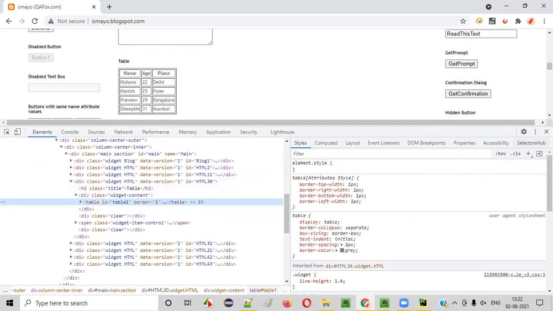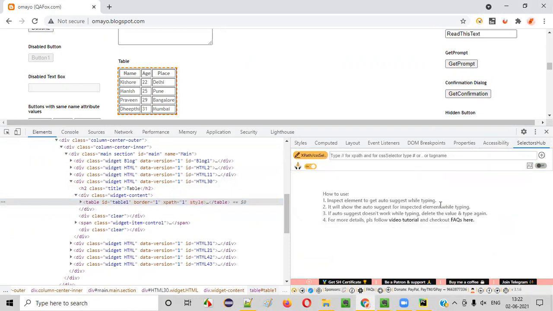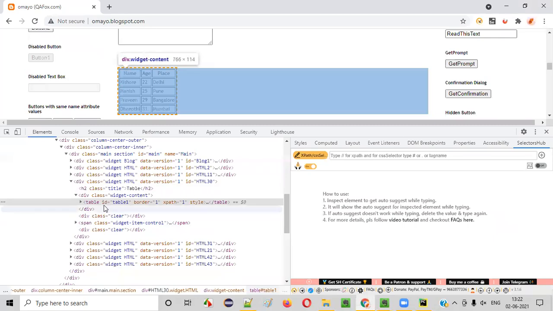I'll go to the selector sub and I'll remove this. I'll turn off this auto generation. Rather, I'm going to use this for manual creation, guys. I'm going to use selector sub for manual creation of the XPath expression for locating this table and other stuff. Now we have to find the number of rows in this particular table. But before that, I want to locate this table, guys. How to locate the table?